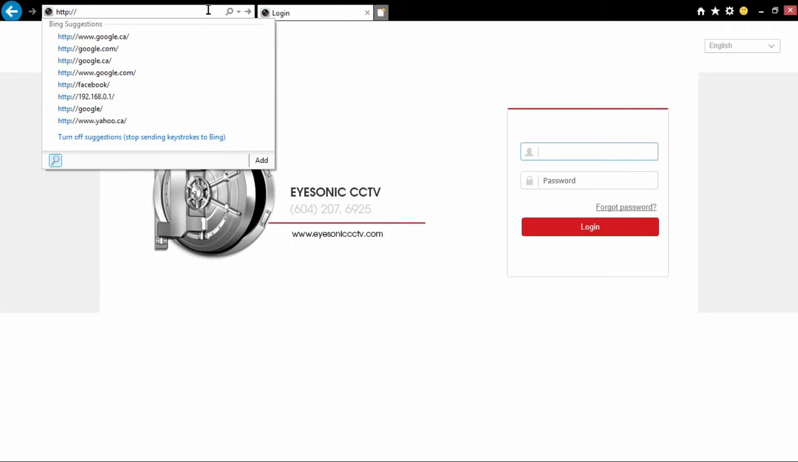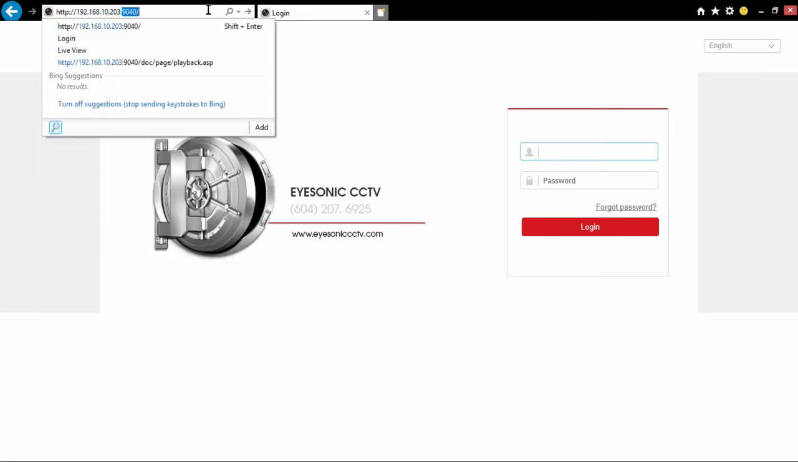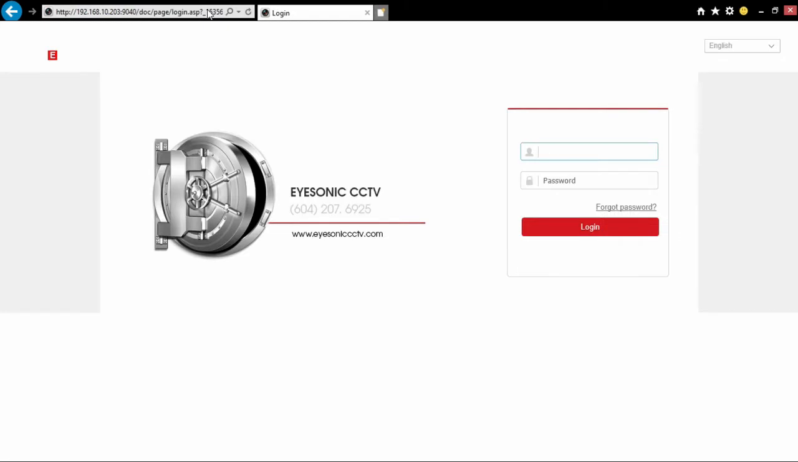So to start, if you can open up your Internet Explorer browser or Safari and go to the IP address of your machine, whether this is the local address or the remote. You put in the IP address, then you put colon, and then the port number of the HTTP port of your machine. You can find that on the machine itself. So you log in,